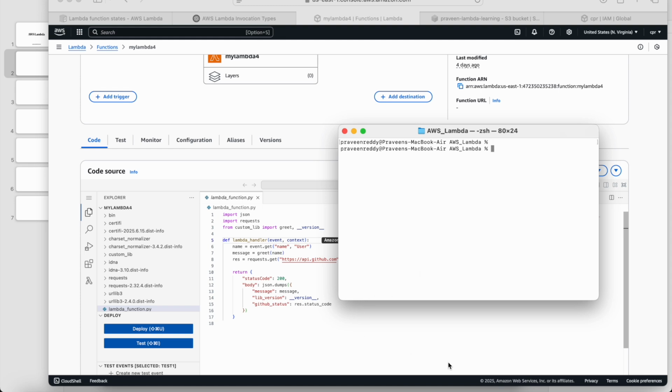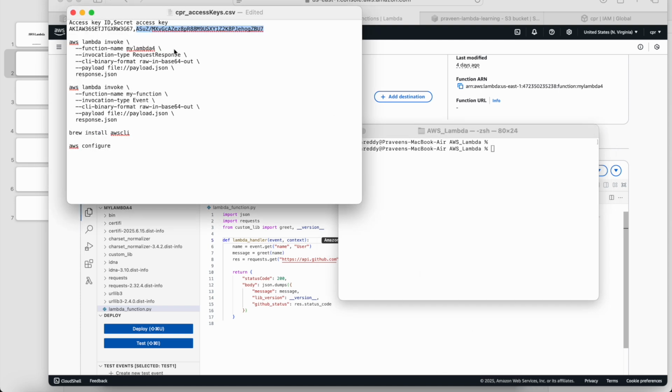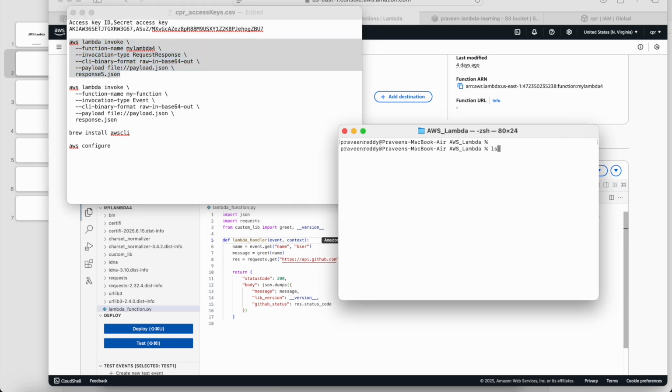Now to trigger the Lambda, I have a small piece of code. It is aws lambda invoke, with the function name, the name of the function, and the invocation type. Synchronous or asynchronous is decided by this value. When you use RequestResponse, it is synchronous. When you use Event, it is asynchronous. While doing the synchronous, you do capture the response. Where are you capturing the response? In this response.json. I'll just give response5.json because it doesn't exist in my local. If I do ls, I don't have response5.json. So when I paste this,